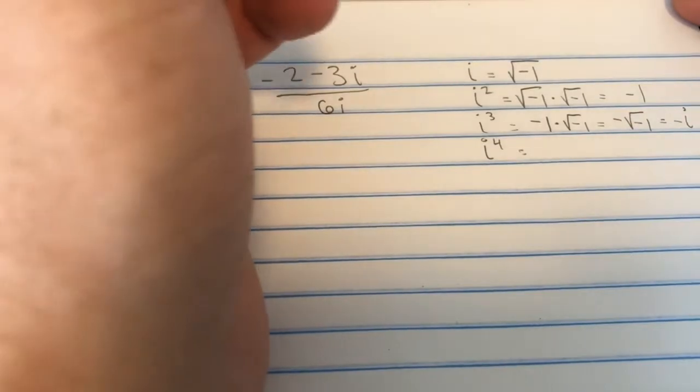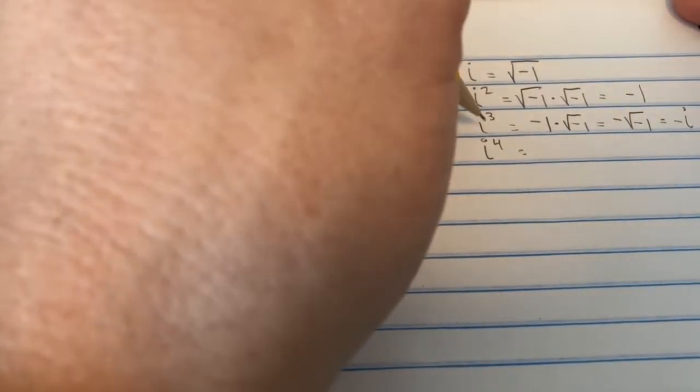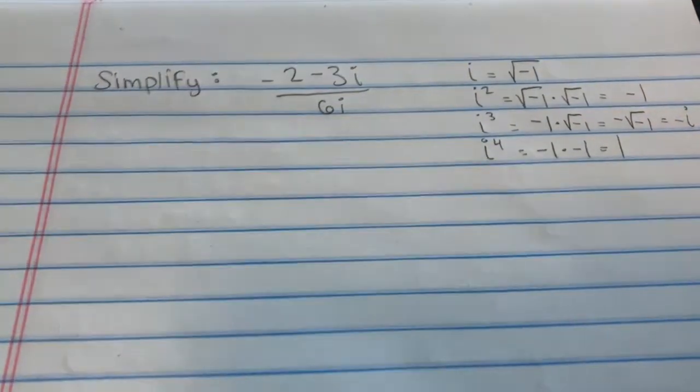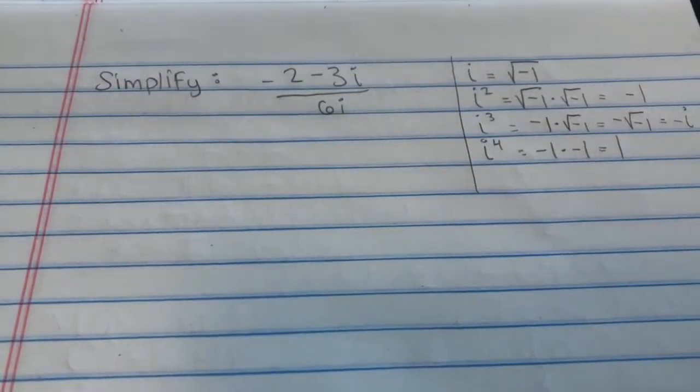And then i to the fourth neatly works out. So that would be, well, what's i squared and then squared? That would be -1 times -1. And it just ends up being 1. Okay, so this is kind of just an aside here talking about i's, but